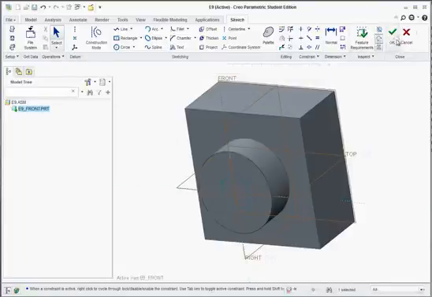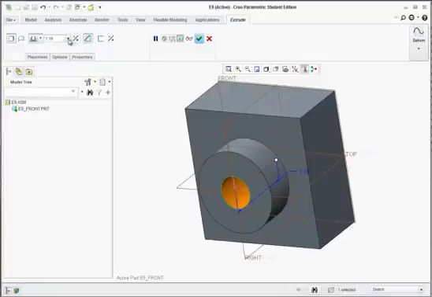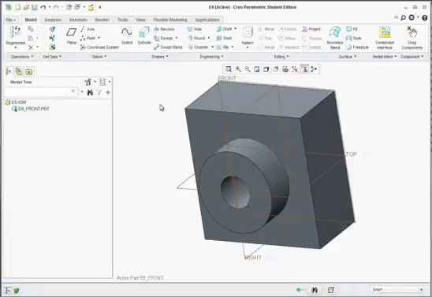Go to OK, Extrude, reverse it so it goes into the part. Make sure you select Remove Material up here. And from this list here, select Through All, which is this one right here. Extends to intersect with all surfaces. Hit the green check. I'm going to turn off the planes temporarily, just so you can see this a little